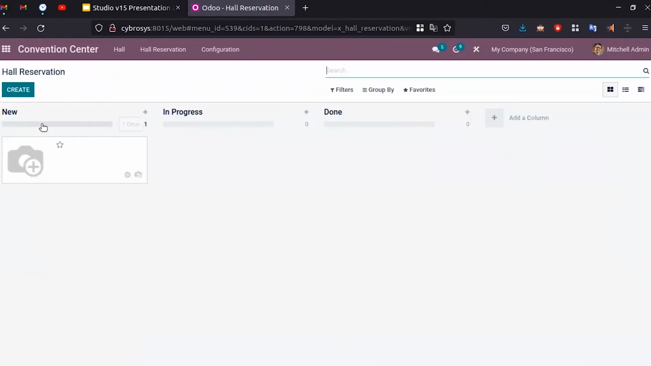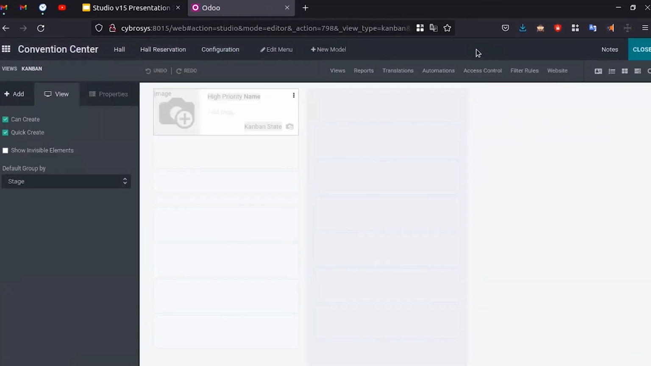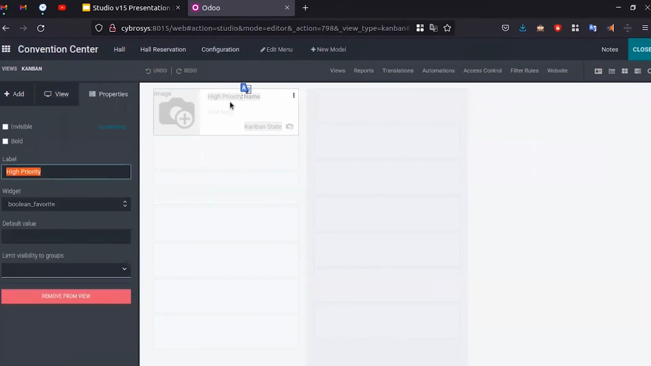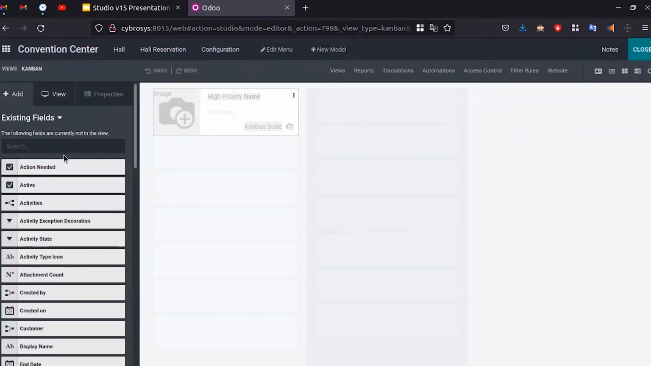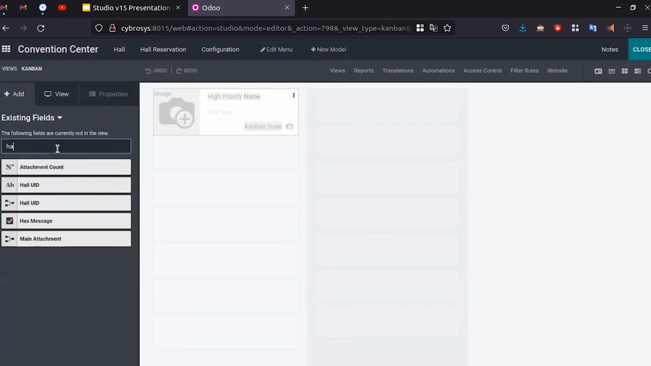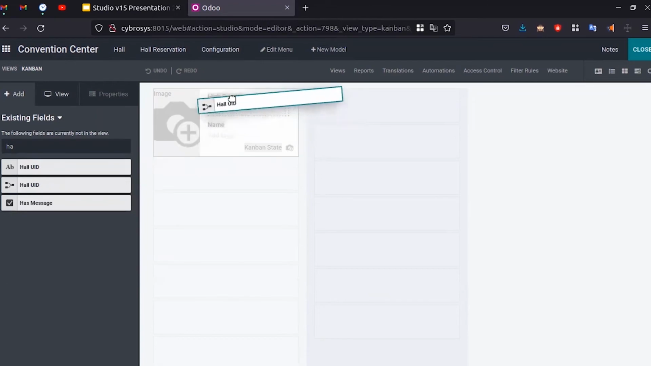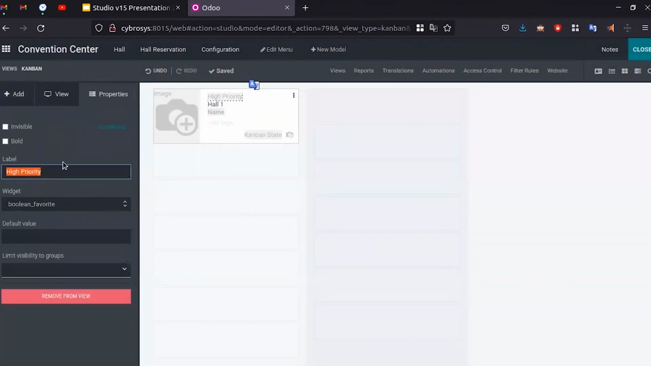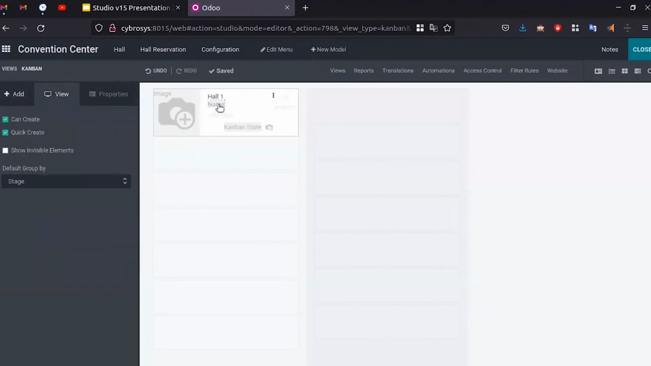Okay, now we can see some issues in this Kanban view, like it is not showing any data over here. So we can change that, and we can also change the state. For that we can just switch to staging view, and we can see some information have been provided over here already. So we can change it, or we can add a new field for UID, and change this priority to that. Okay, then